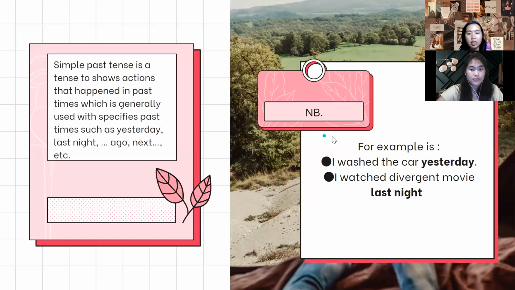In this presentation, we're going to focus on one tense, which is simple past tense. Simple past tense is a tense that shows an action that happened in the past, which is generally used with a specific past time, such as yesterday, last night, ago, and others. For example: I washed the car yesterday. I watched the French movie last night. And then next,